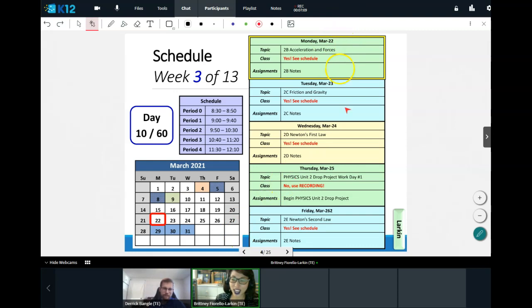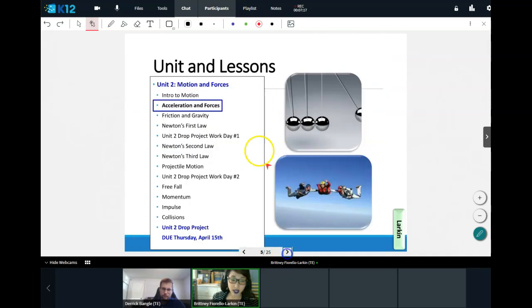Awesome, Angelina. So this week we're going to be taking a look at Newton's laws of motion a little bit more in depth. So let's go ahead and talk a little bit about that. This is where we are. This is our mind map of this unit. Right now we're going to talk a little bit about acceleration and how forces are related to acceleration. We'll talk a lot more about forces tomorrow, though.